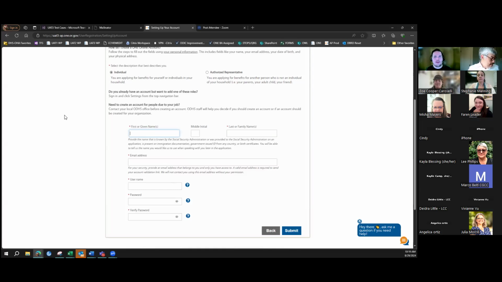Yeah, that's correct. Anything that's been verified already in the system should be carried over from OHP. But as James mentioned, there may be additional program requirements for SNAP that weren't required or that are required separately from medical. So we'll pull over what we can, we'll use what we can, but some things may need to be verified again. And as James mentioned, we'll need a specific interview for SNAP benefits.